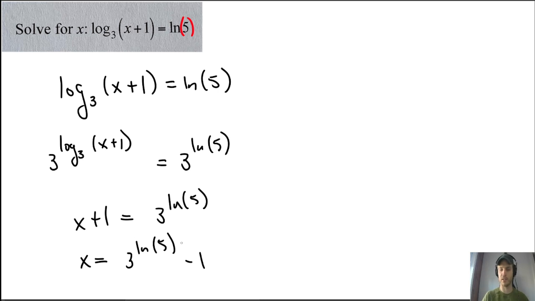This is a number. You can plug it here. I'll put this in my calculator. 3 to the log of 5 minus 1. This is approximately 4.8. There we have it. So the main issue is this is a constant number. We can't lose sight of that. Log of 5 is a constant number. Okay. Then